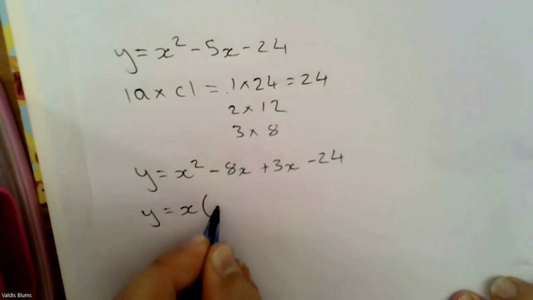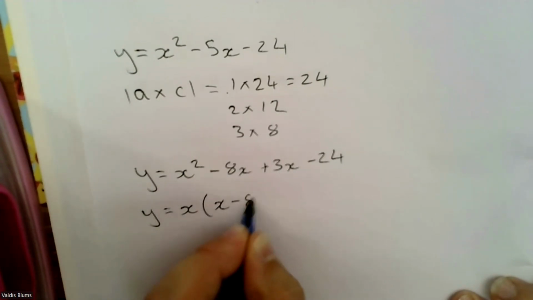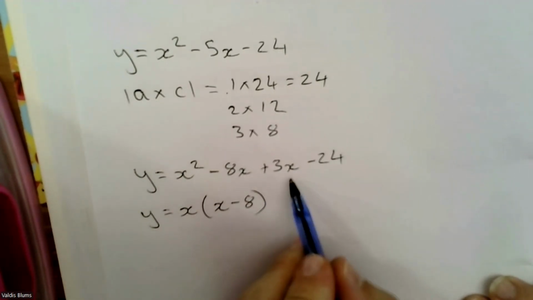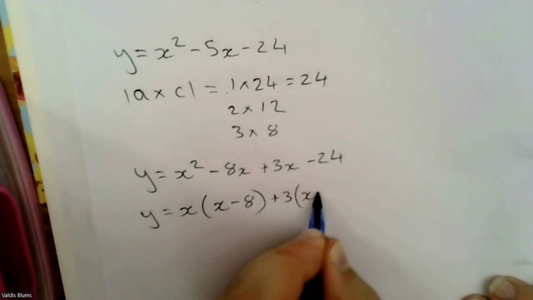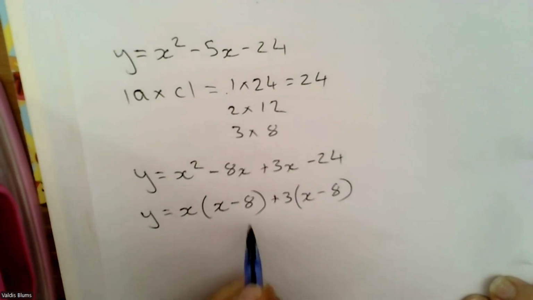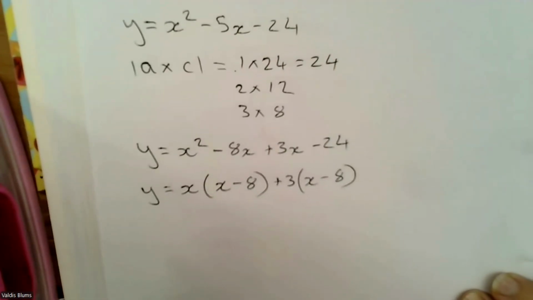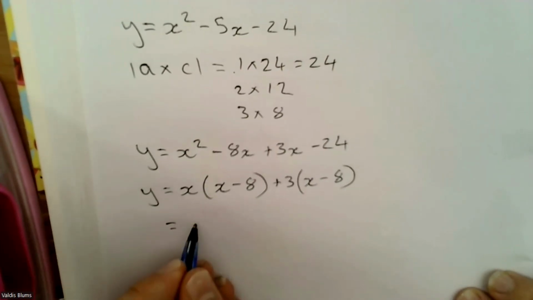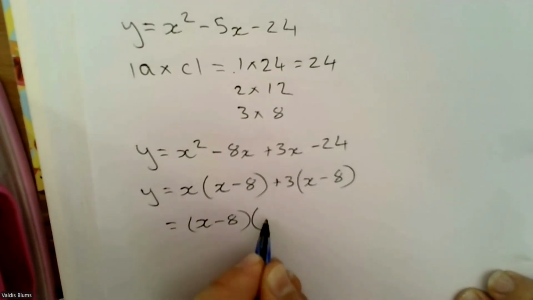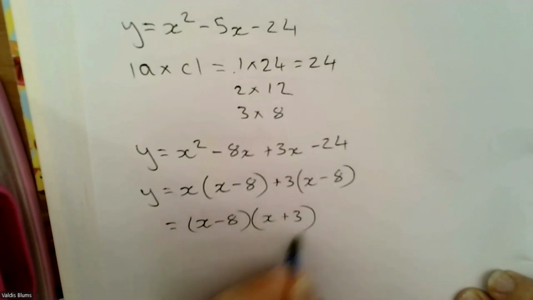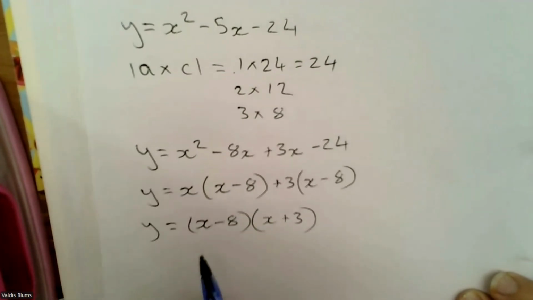So x, I'm left behind x minus 8. And then the second one, to get x minus 8, I'm going to factorize out 3. Now I've got the same set of brackets, which I should have, and factorizing out that same set of brackets from each term, left behind an x plus 3. So from this,